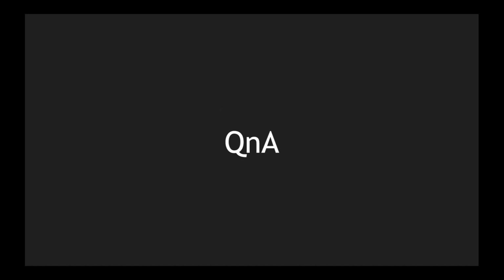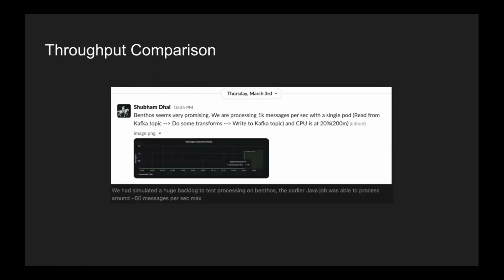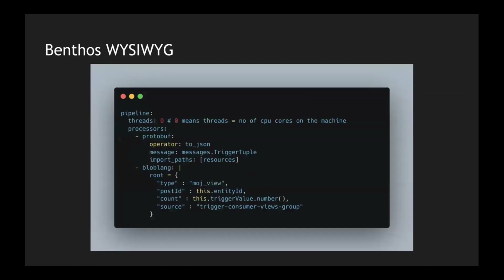No, we have a lot of transformations. I think this was the easiest one we presented. We have a lot of transformation, let's say from proto to JSON, and then we have business logic, like these fields should be present or not. We do an API call to do some enrichment on top of that, like adding a new field. And then we convert it, let's say, to an Avro format because the output might expect Avro. And then we write it to the output queue. So all of these things are done.